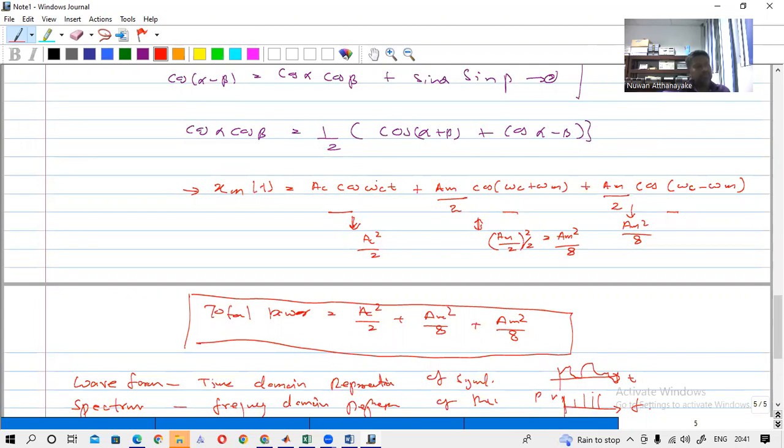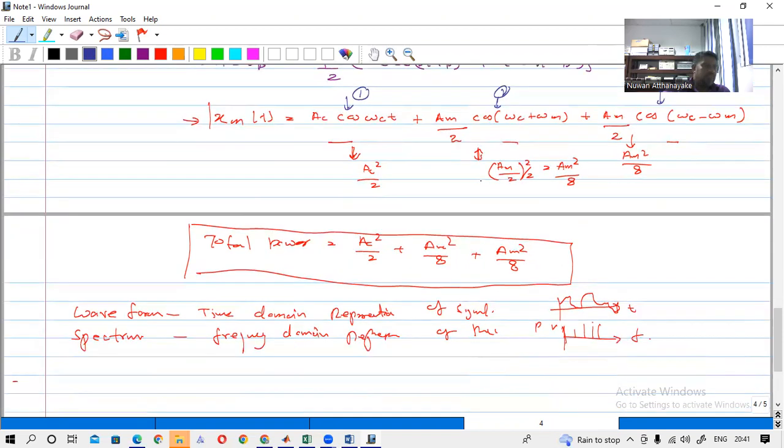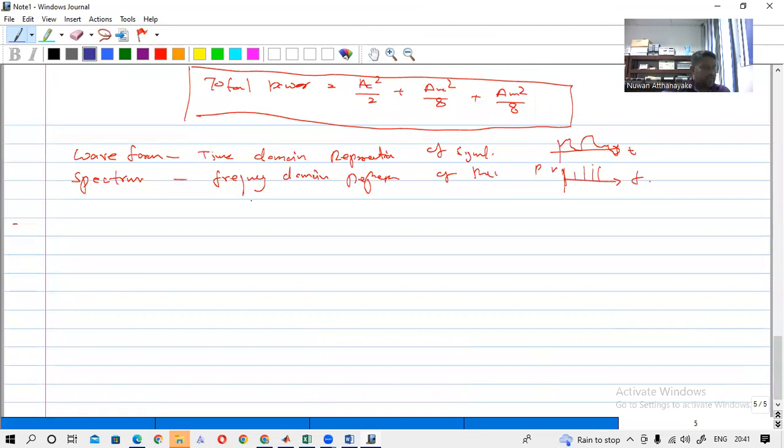You can see that this is the waveform, and you have separate frequency components here. This is one frequency component, this is another frequency component, and this is another. These are sine and cosine waves. So if I draw a graph like this,